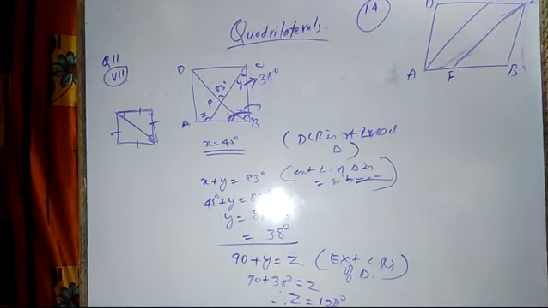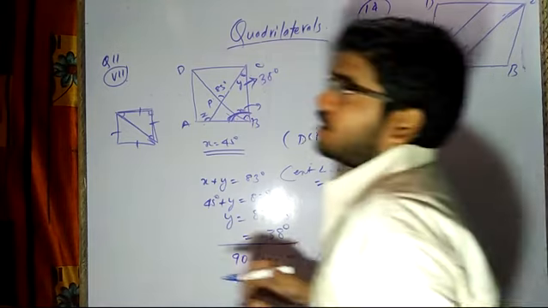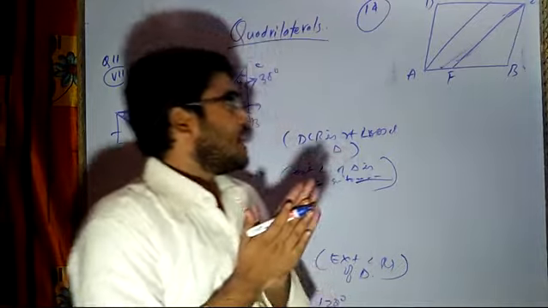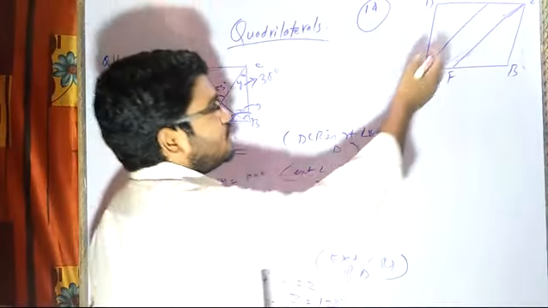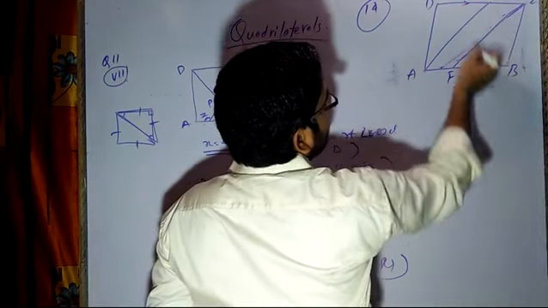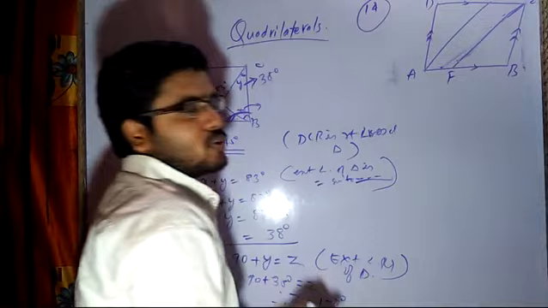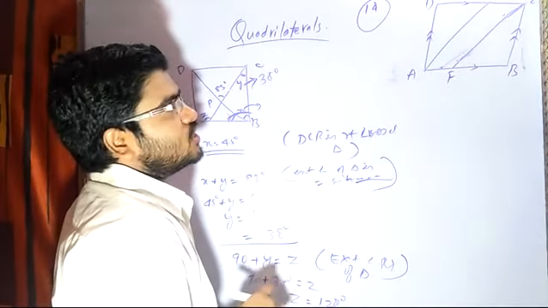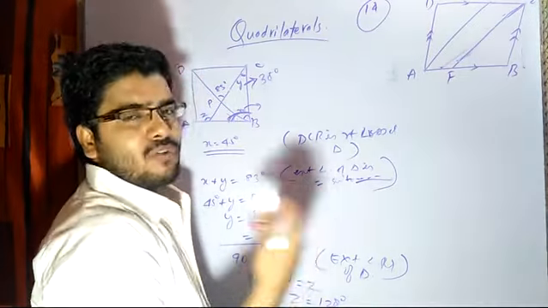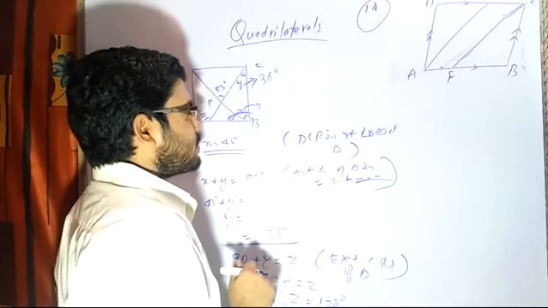So first of all, think how you are going to solve: AE is parallel to FC. There are two things given here. First of all, ABCD is a parallelogram. If it is a parallelogram, that means two pairs of opposite sides, each pair will be parallel to each other and equal. It is a parallelogram. Okay.